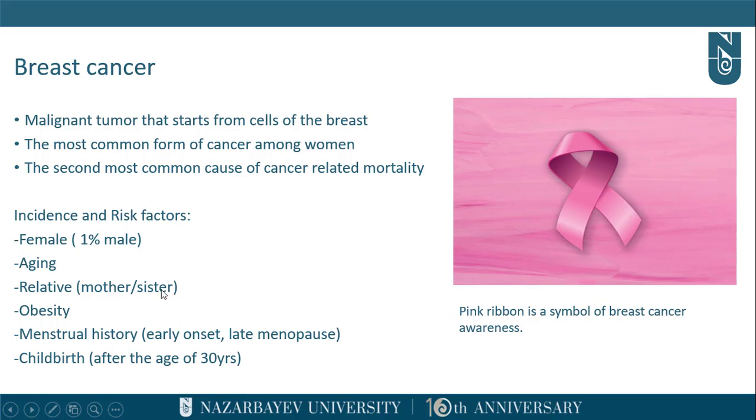It's basically malignant tumors that start from the cells of the breast. Risk factors are that it's mostly prevalent in females with increasing age, and if they had in their family history a mother or sister who had this type of cancer, then that patient has more probability of developing it,